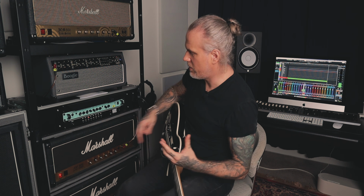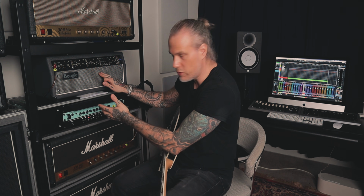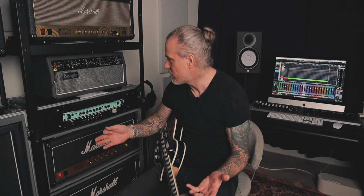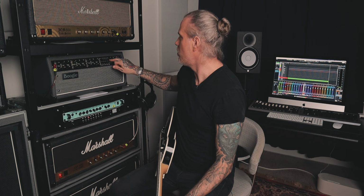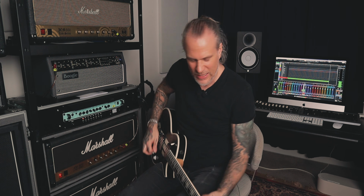Obviously they sound a bit different. This has 6550 power tubes, this has 606 power tubes. But to me, it feels like 800, just a little bit different. And what's really cool with this EQ, because check out what the bad boy, it has that